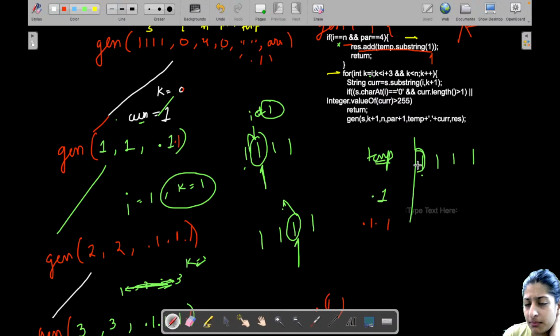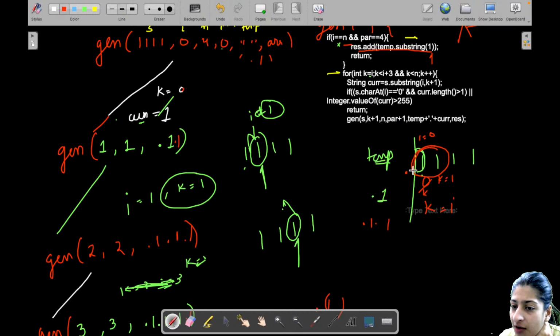If you might have, what will you do? You will increase your k, which starts from I. Let's say your I is 0, so k was initially 0, now your k will be I plus 1. Your I is still 0, but your k is 1 now. Okay, so what is the substring you are taking? What this means is that you are putting a dot here, but the next dot that you will put will be after 1 1, right? This is what this formation of string tells me. When I put a dot here and I am taking this substring in current, this tells me that the next dot I will put will be after this substring. Okay, so dot 1 1,